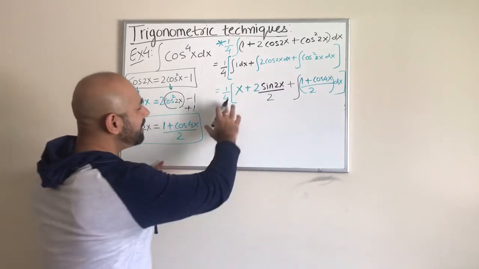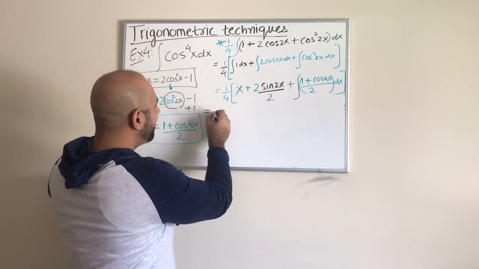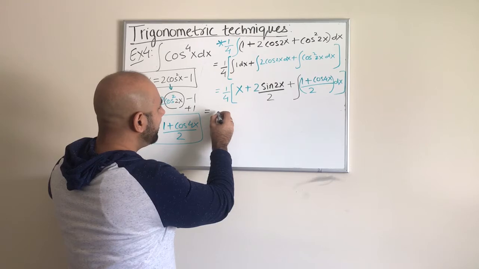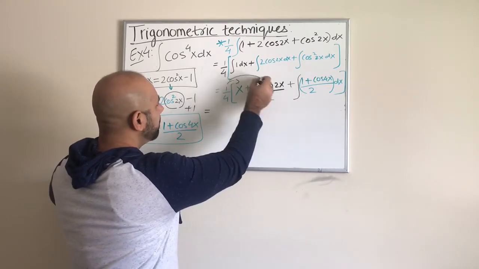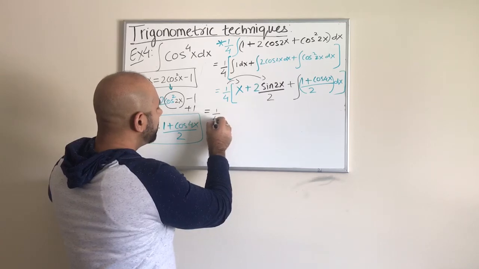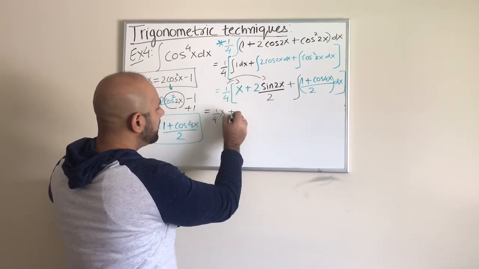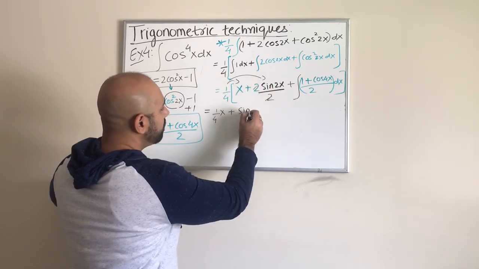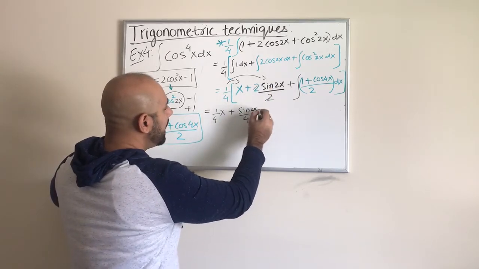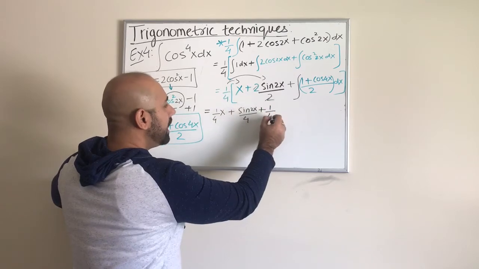Guys, the first two pieces are already done. We don't have to worry about them. It's just about rewriting those things. So why don't we go ahead and actually distribute this 1/4, right? So it's going to be 1/4 of x, then plus, guys, this 2 and this 2 will already cross out, so it is just going to be sine of 2x divided by 4, and then there's this 1/4, and then